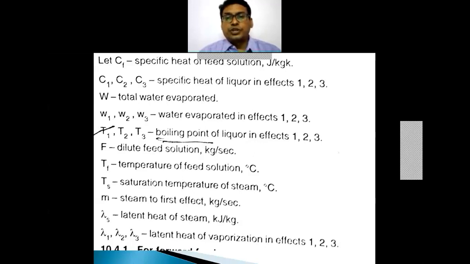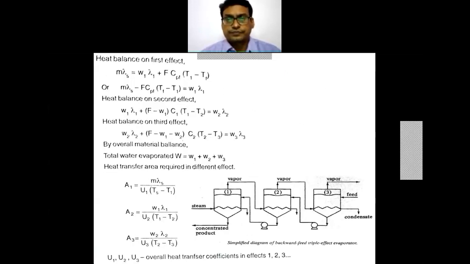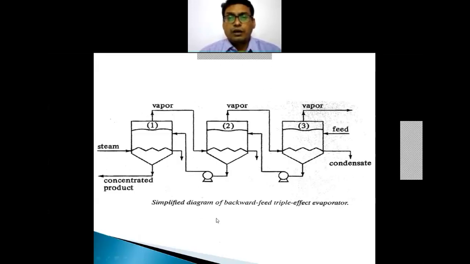Then T1, T2, T3 are the boiling points of the liquor. F is the dilute feed, Tf is the temperature of the feed solution, Ts is the saturation temperature of steam, M is the steam to the first effect, lambda is the latent heat of the steam, and lambda 1, lambda 2, lambda 3 are the latent heat of vaporization in the effects 1, 2 and 3. So one by one we will